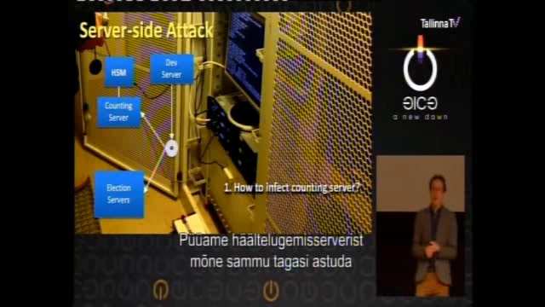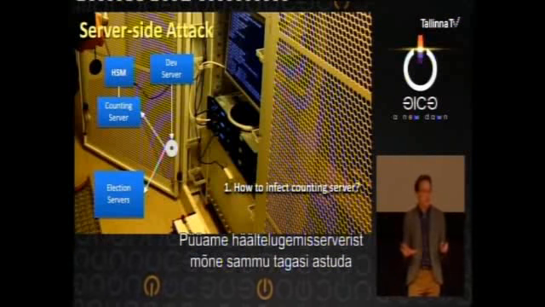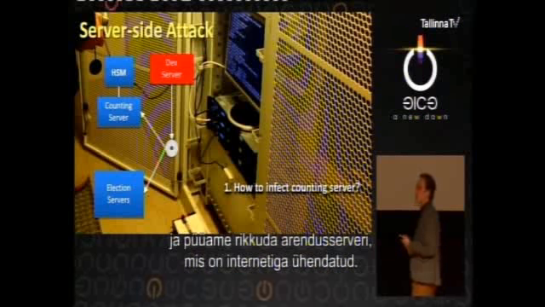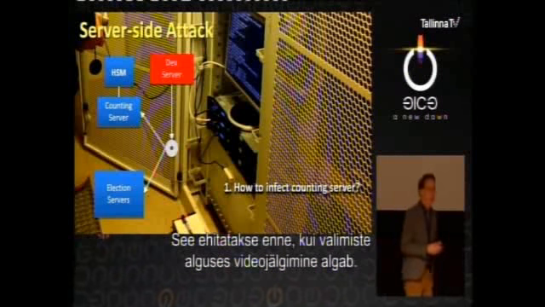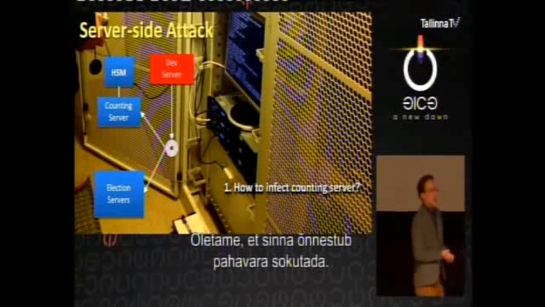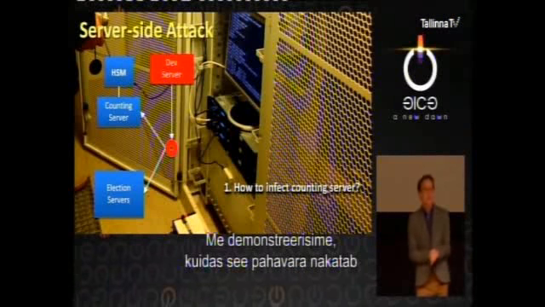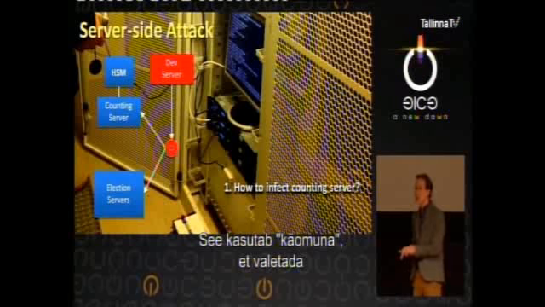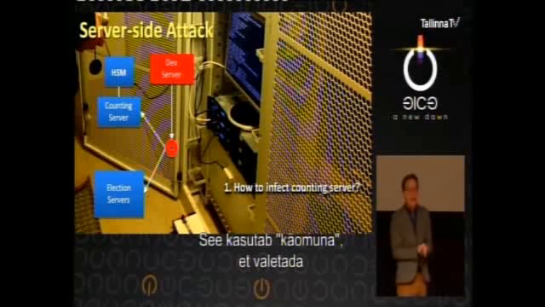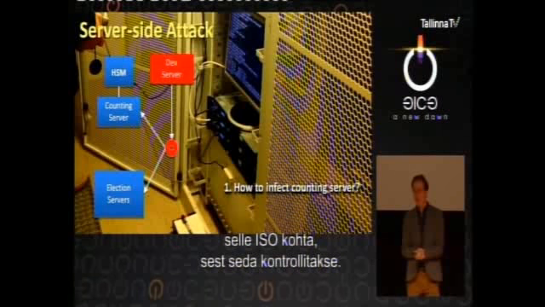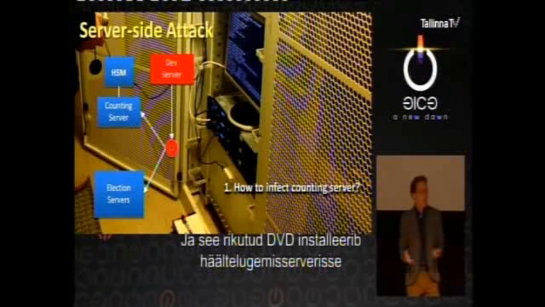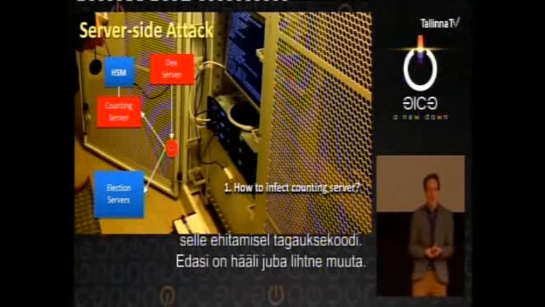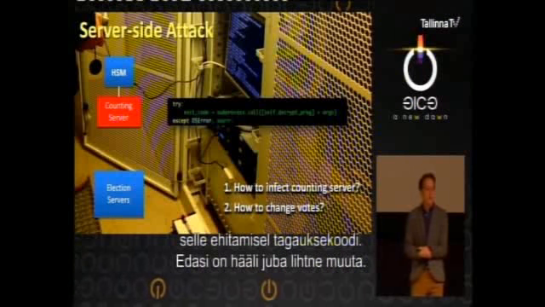So let's assume we can step back a few levels from the counting server and compromise that dev server. It is on the internet. It is built before the video recording starts at the beginning of the election. Let's say we can get some malware on that. So we built a demonstration where that malware infects the installation CD that's burned, uses a rootkit to lie about the SHA-1 hash of that ISO image because they are checking it. And then that compromised DVD proceeds to install some backdoor code into the counting server when it's built. At that point, changing votes is really easy.